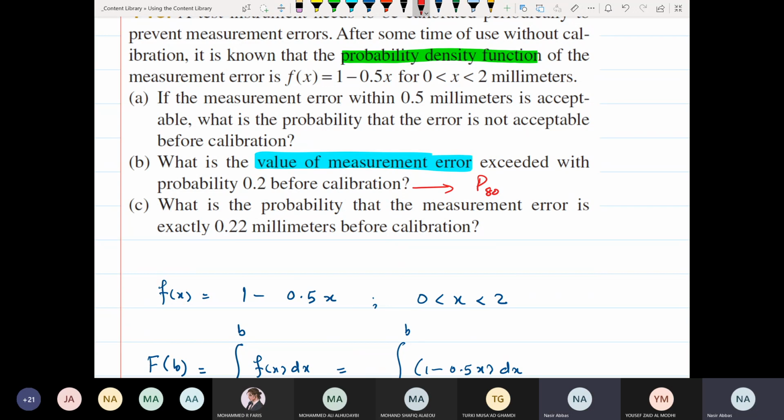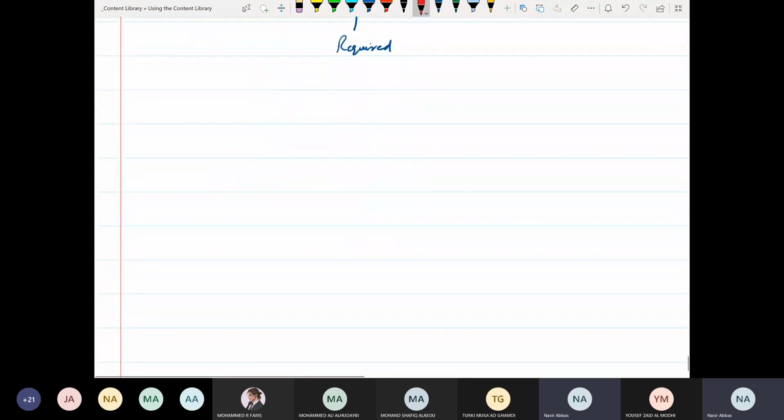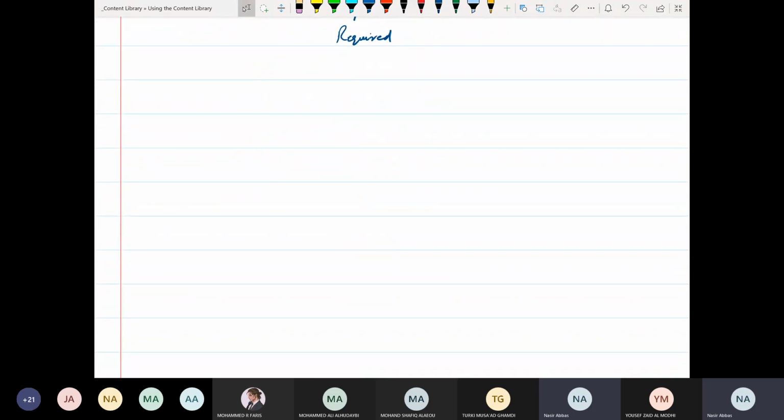That's the most difficult part of a question that belongs to percentile, to know from the question which percentile is required. Once you know which percentile is required, then it's not a big deal to solve it. Now that you know that the 80th percentile is required,